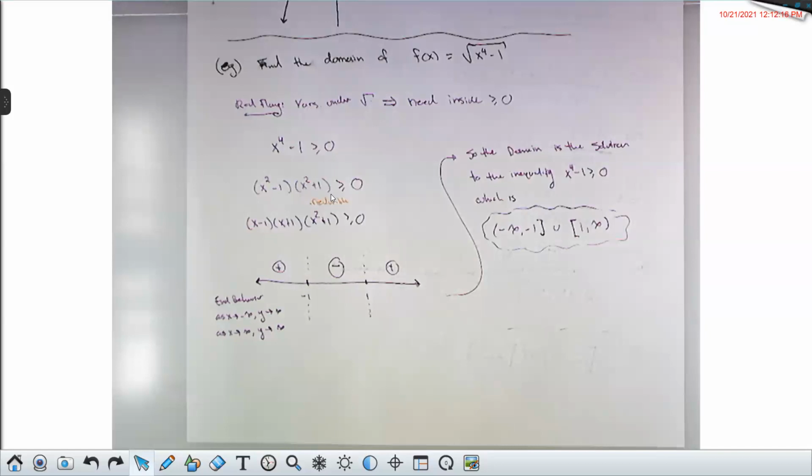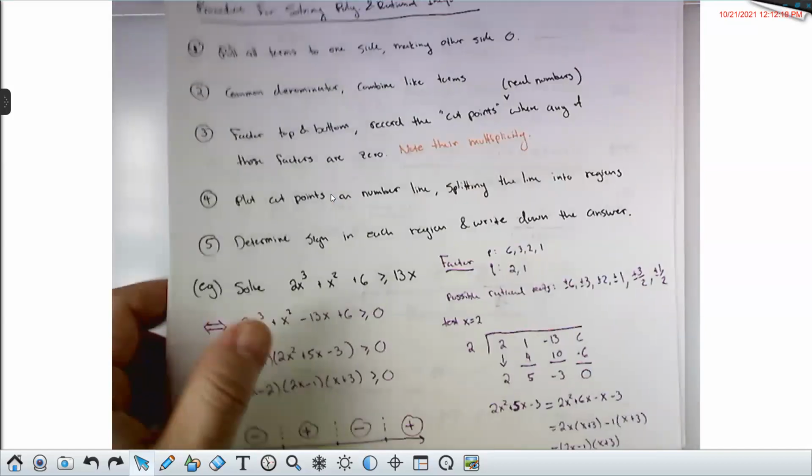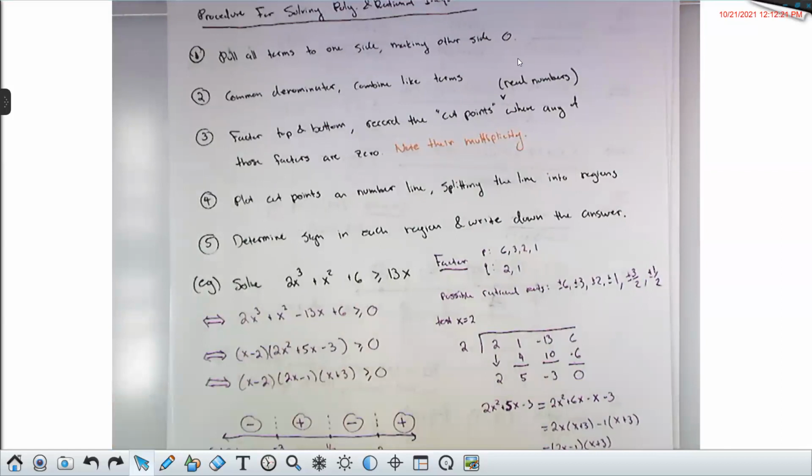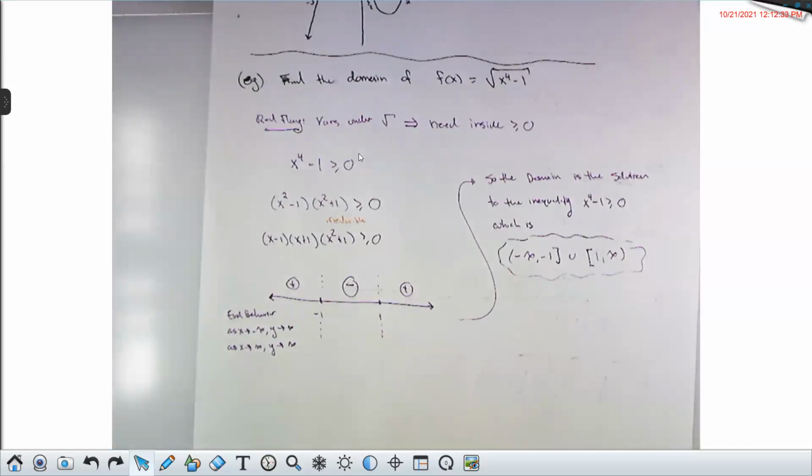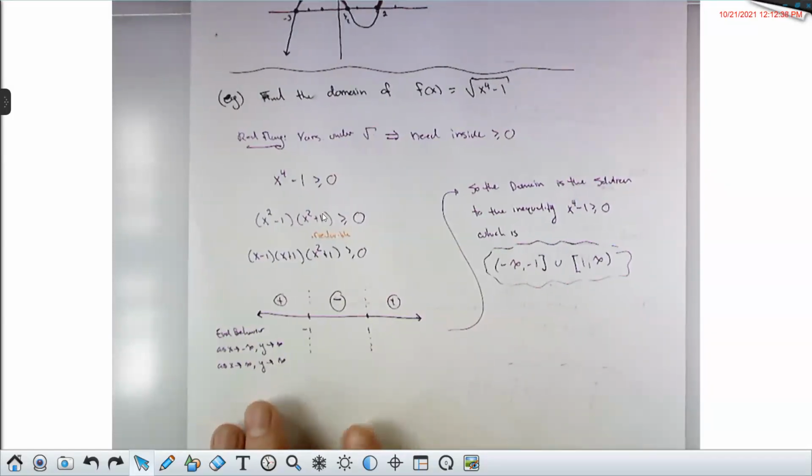So remember at the very start when I showed you this, I said it's not something you're going to run into, but the cut points are always the real numbers where any of those factors are 0. So the only real roots for x to the 4 minus 1 are positive 1 and negative 1. So in other words, this guy doesn't factor. This guy can't give me any cut points because his roots are non-real complex numbers. I can't plot i on a number line. Okay, thank you. Yeah, no problem.